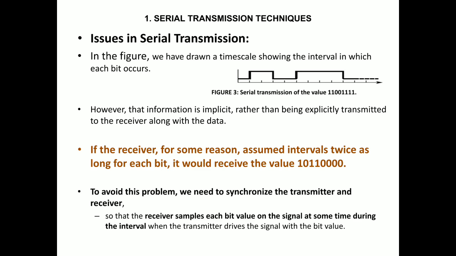If there is a difference in the duration of the clock signal reaching the transmitter and the receiver, then for that period of time we will take it that there is no data and consider it as logic 0. Because of this assumption we will be getting the wrong data.